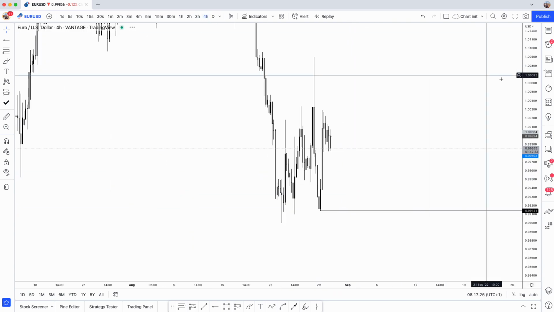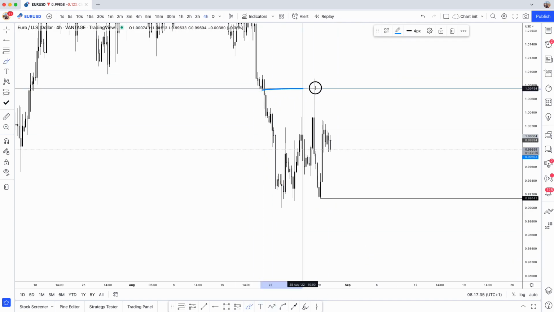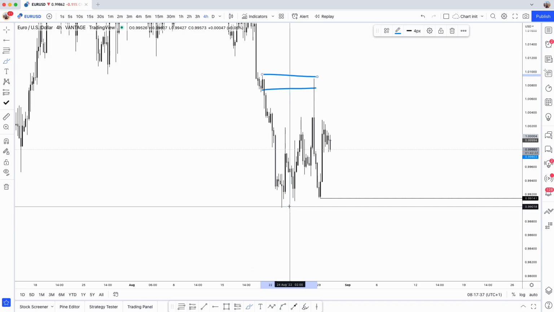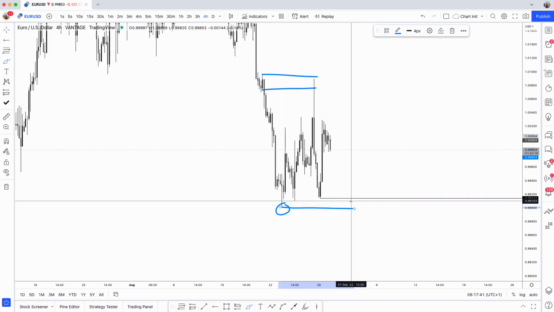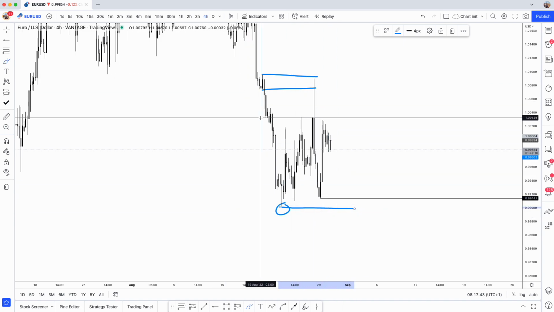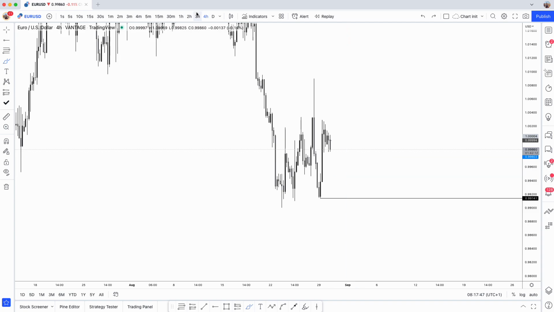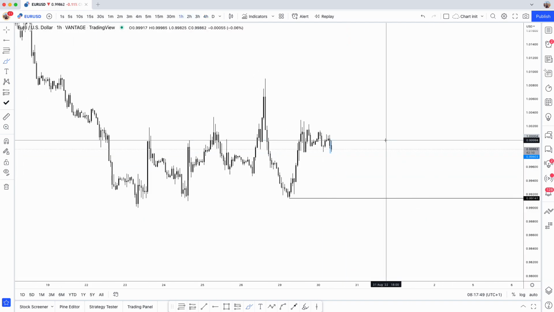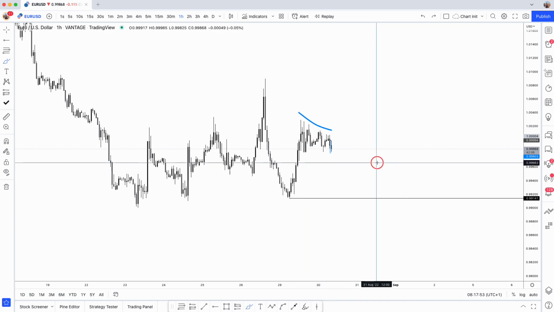Let me just check the 4 hour and see what's happening here. Yeah, it would make sense to go on to take out this low. To be fair, because this is an ideal reaction, the idea would be to take out this low, which could be a potential idea. But I'll see how price goes. I think I'm just going to aim for this hourly low and then go from there. That's more than enough for me. It shouldn't get there, because this is in a weird location at the minute.